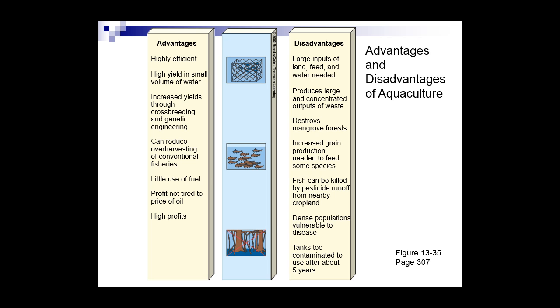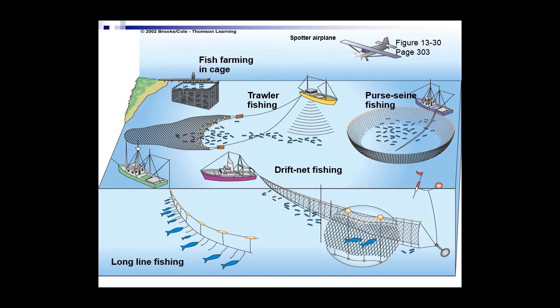All right, so if we're farming fish, that's what we get. What if we're wild catching the fish? If we're out actually catching them out of the ocean, there's a bunch of different ways we can do that. So here, you've got your aquaculture, caged fish farming. But you can also do all these other things. Long line fishing is just like regular old fishing with a hook and string. The difference is that you're using hundreds of hooks at a time instead of one hook at a time.